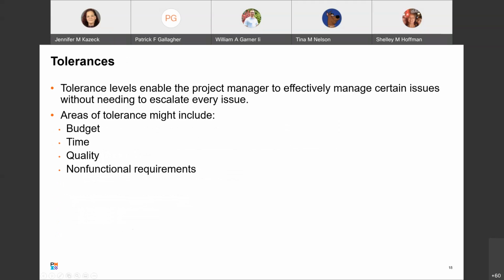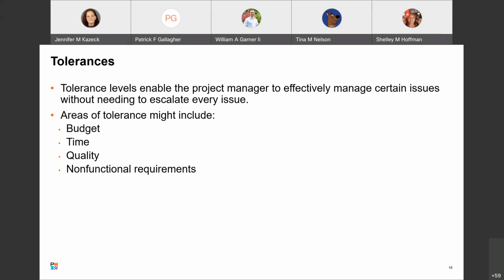So, tolerances. Tolerances are defined as the quantified description of acceptable variance for a quality requirement. When establishing controls for a project, it's often helpful to provide tolerance levels for the project manager to effectively manage certain issues and control the project without having to escalate every issue to the board for review and approval.